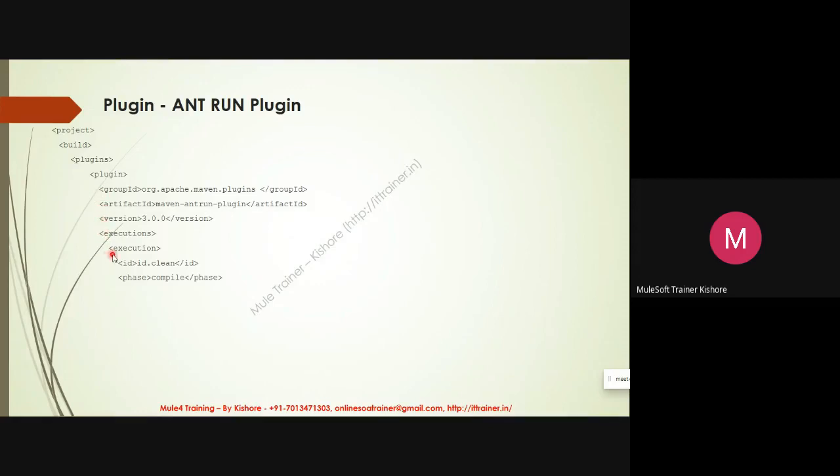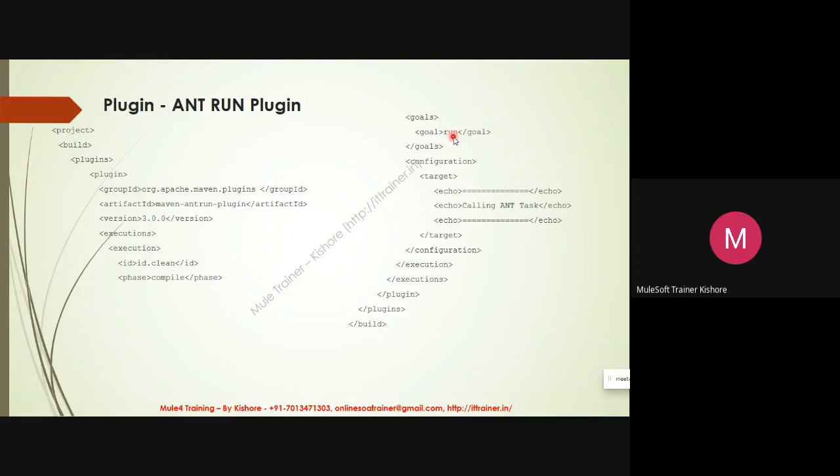It needs to be executed in the compile phase of my project. It should run the ant goal, and print some message in the console at compile time.